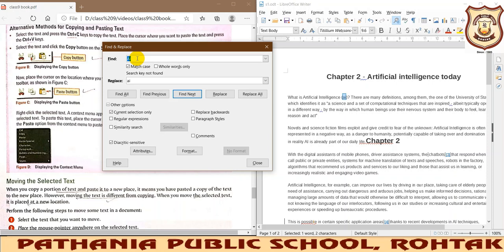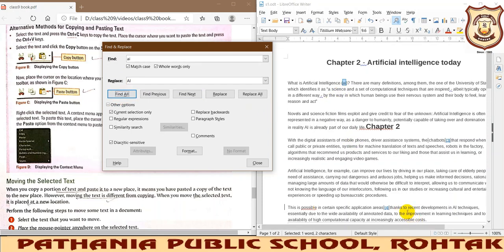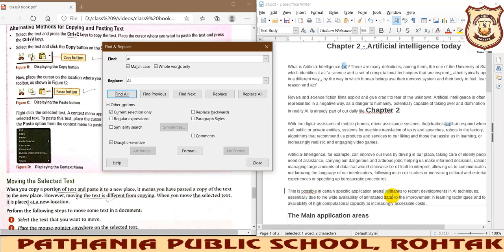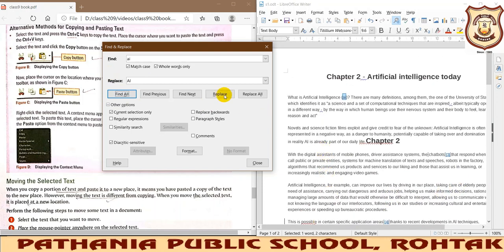Now what I am doing, I am finding all the small AIs with whole word only, and now I will replace them with capital AI. So find all. So all small AIs have been identified, see here, and replace all, so it has been replaced, you can see.